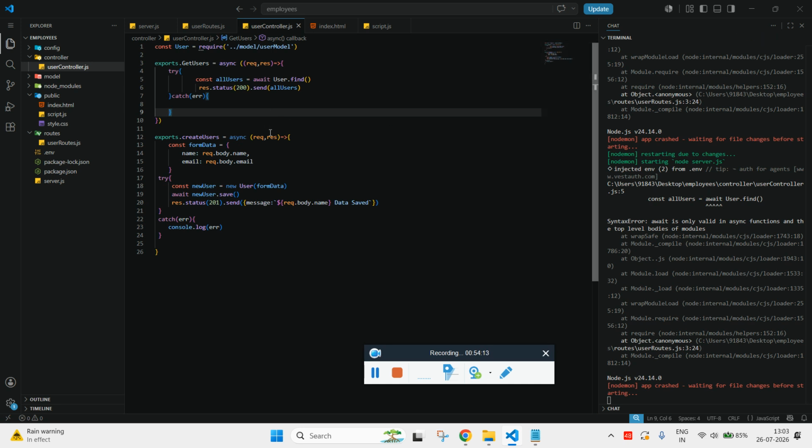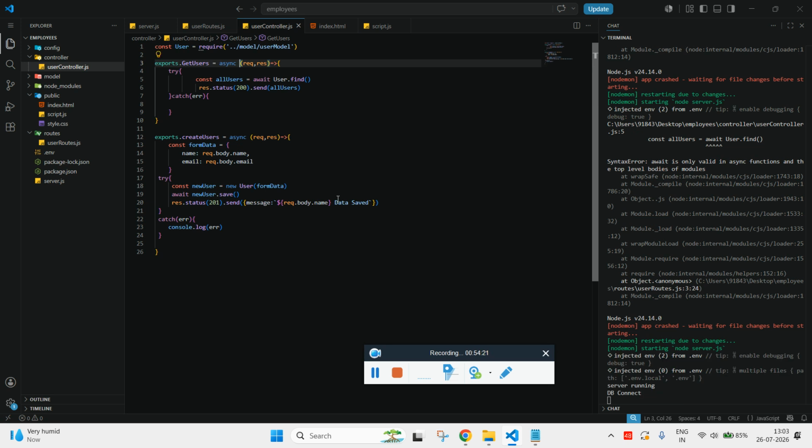Again, let's see, I got an error, same issue, there was a syntactical error. So this is how the controller takes care of the request. When someone sends a get request, the controller simply talks to the model. Once the controller talks to the model, that model will get all the values in the form of an object, and we will send that